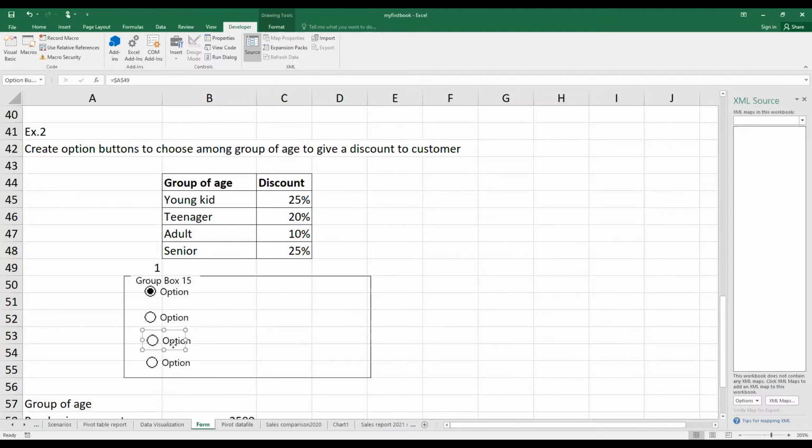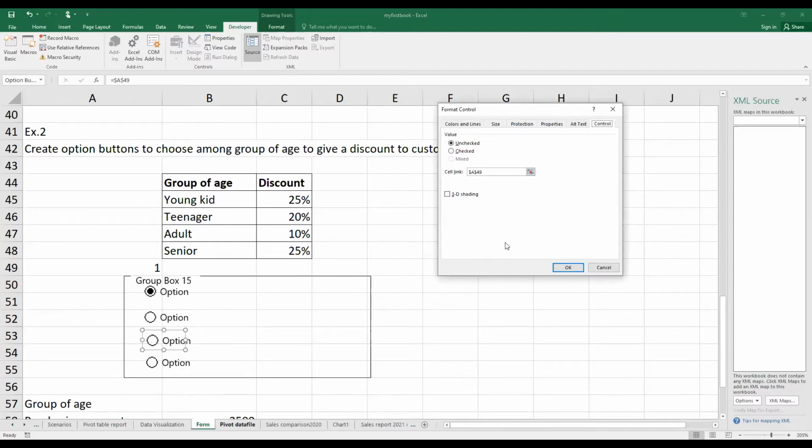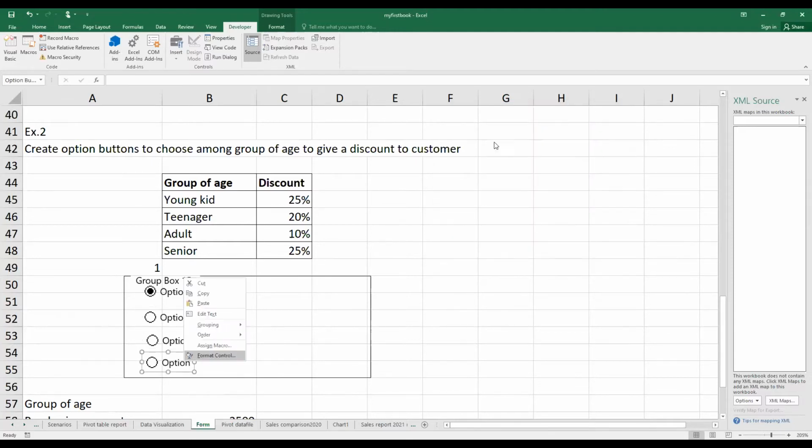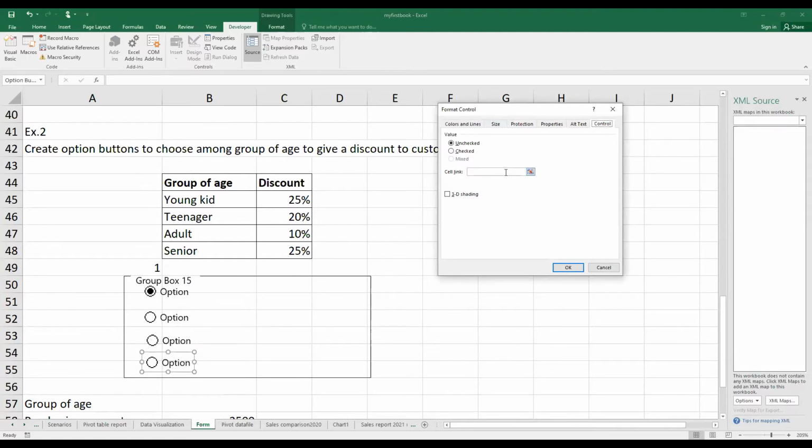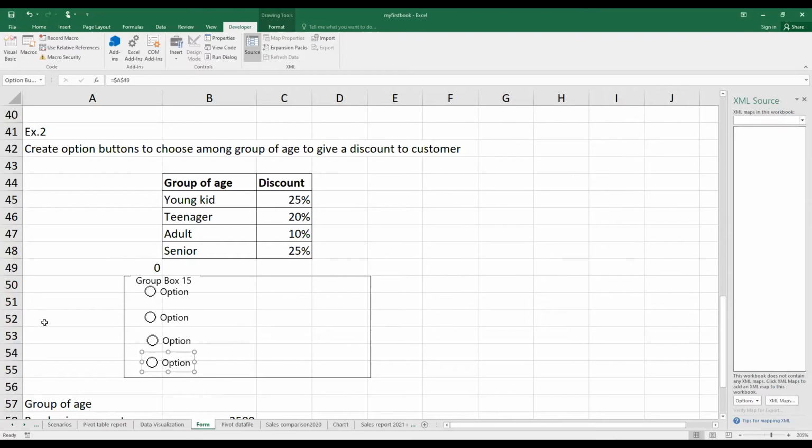Okay. Then I have to check every option button whether they link to A49 or not. Yeah, the last one doesn't link. Then I have to fix it. Okay, all of them link with A49 already. Then I just rename the text a bit. Then I try on my check option button first, 1, 2, 3, yeah, the last one is wrong. Then I delete it out, it's the easiest way, and create another